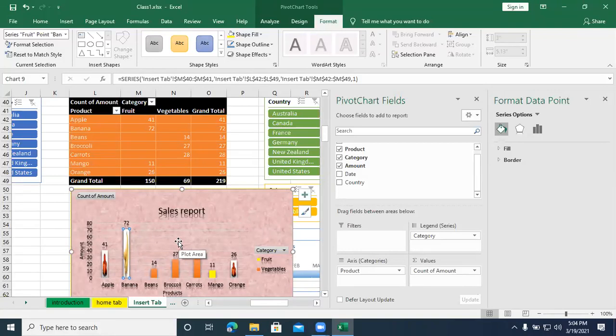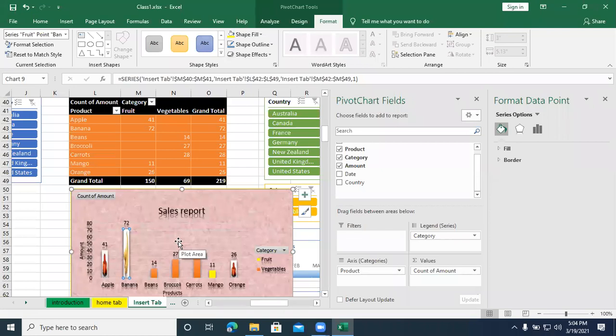Any doubts? Ma'am, whenever I create the table, it gets created in a new sheet. How to avoid that? You're choosing new sheet.